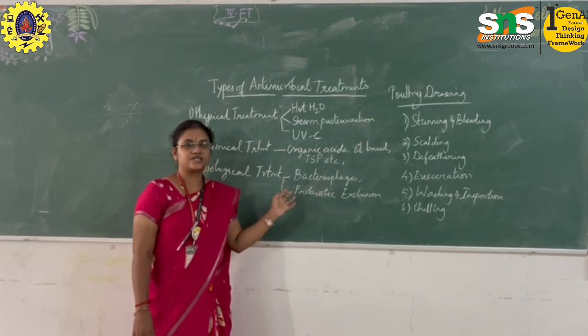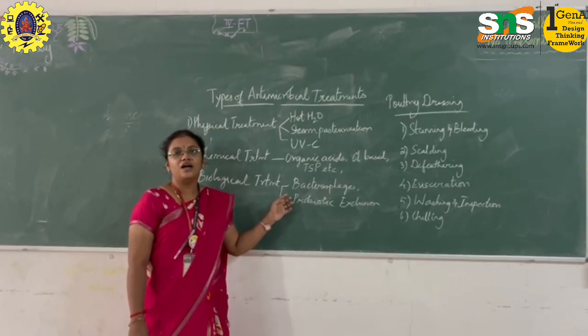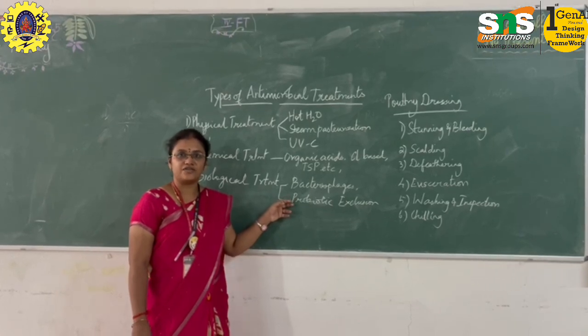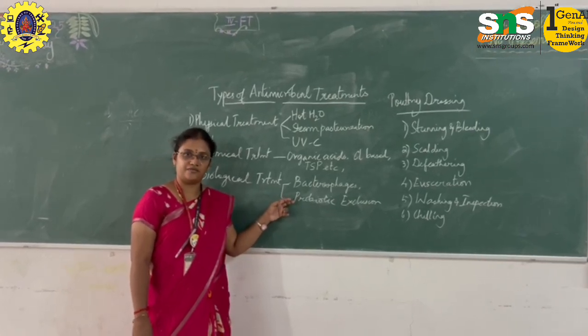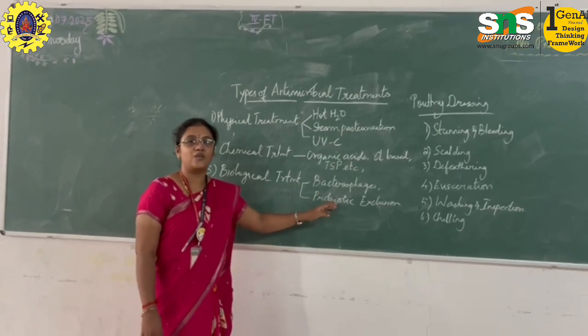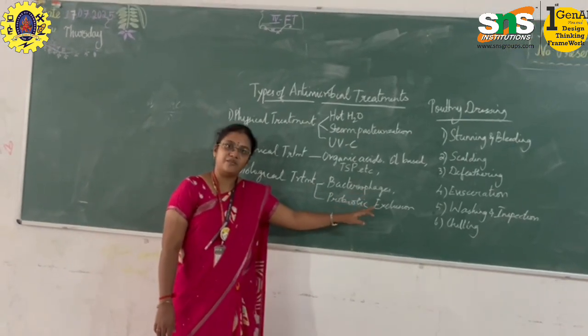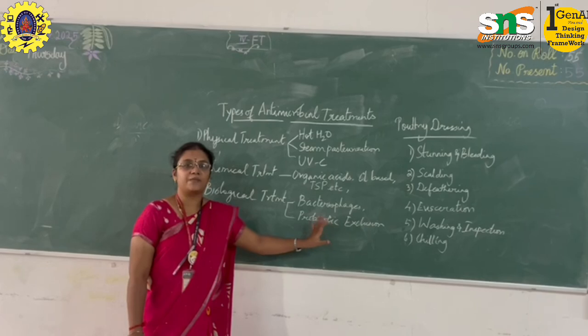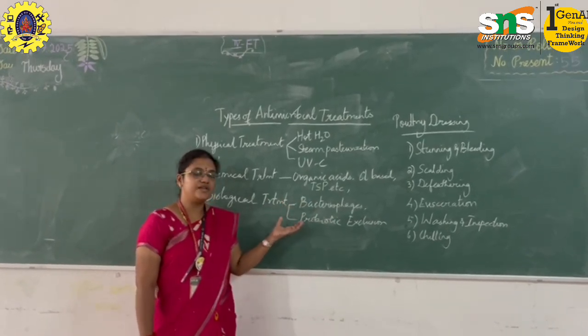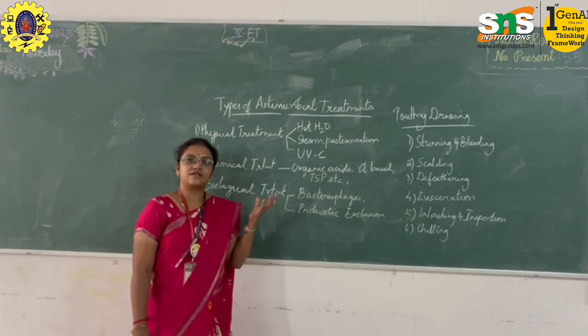And probiotic exclusion: from the name probiotic, we all know that lactobacillus is one of the probiotic microbial flora. So with the use of lactobacillus, we create an exclusion solution that is sprayed on the particular carcass or the poultry birds, and from which the existing surface contamination will be